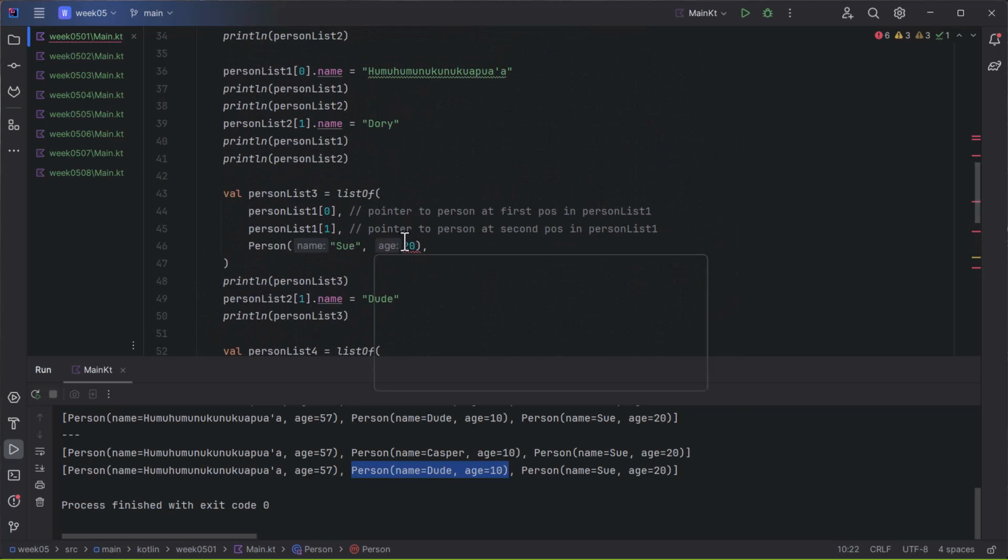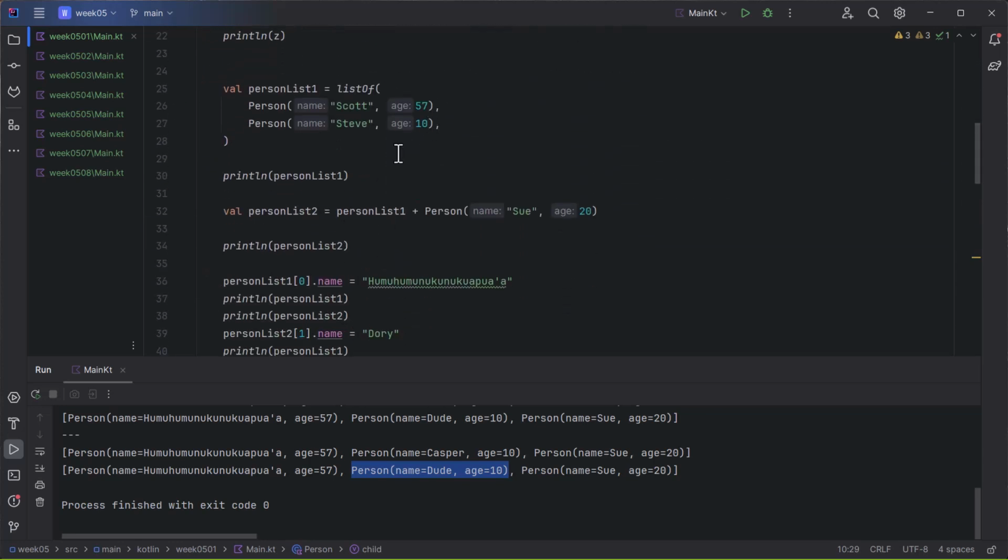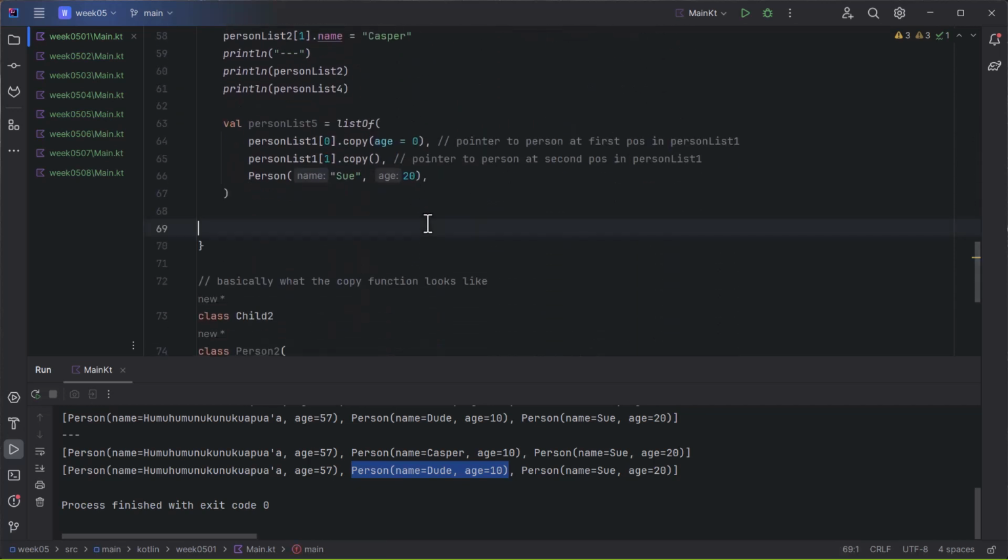What is happening? Oh, hey, I just screwed up my person. I'm going to say, let's have a nullable child, so you don't have to have a child. And by default, I'm going to define it as null. So what that's done is that now fixed these errors that I had, because when I define a person up in here, he just doesn't have a child to start with. But let's define a